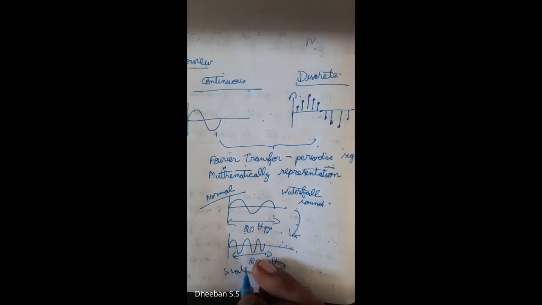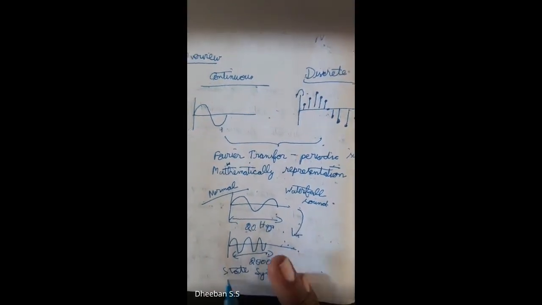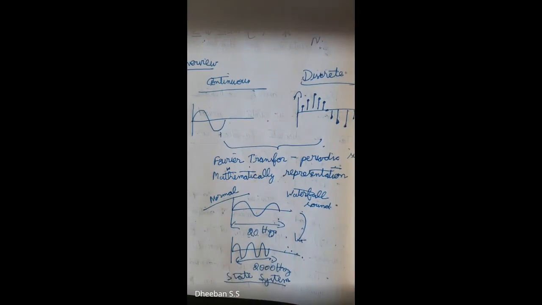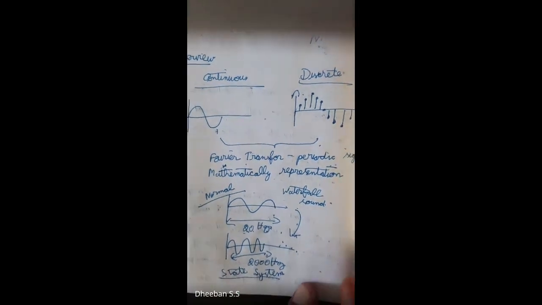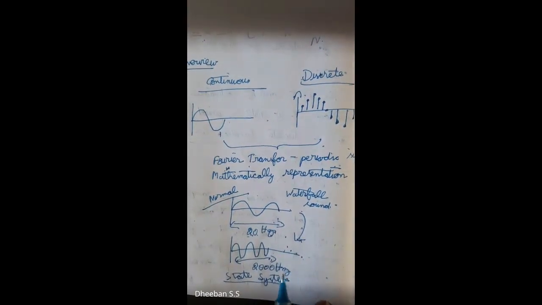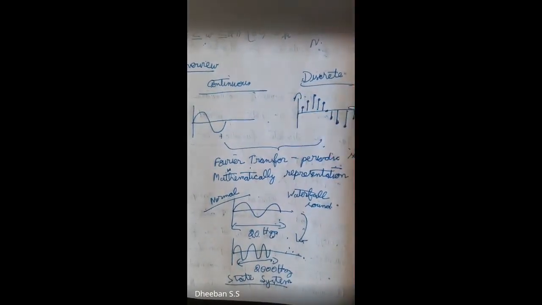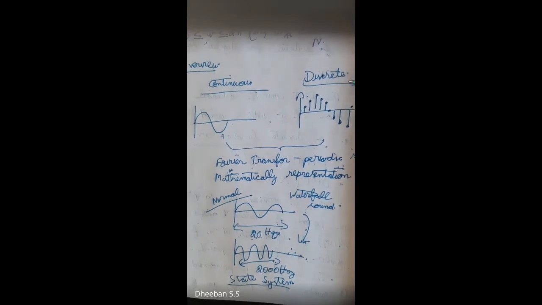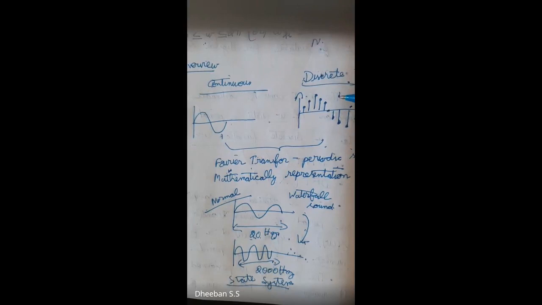It's possible to determine the state of the system using representations like DTFT or DFT. For that, you have to know about the signals. That's what we saw in your first unit, and in your second unit we will be studying